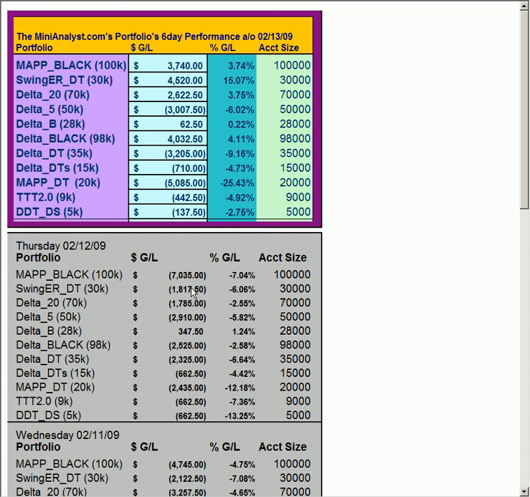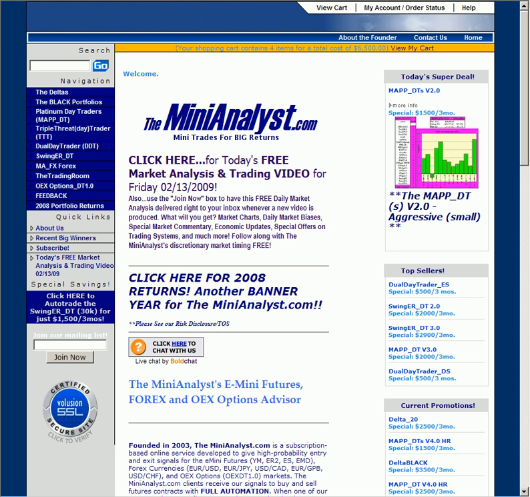So anyone waiting for a drawdown in one of our portfolios to get started, we generally have drawdowns like this maybe once, twice a year. This is the opportunity to get in from a really arguably safe relative standpoint after the drawdown, not after a big run up. So, if you guys are interested in the Swinger DT portfolio,